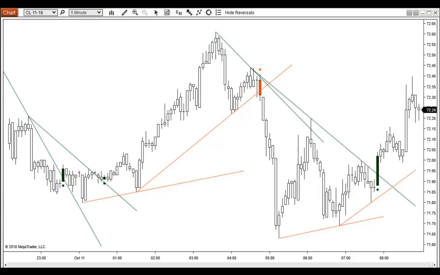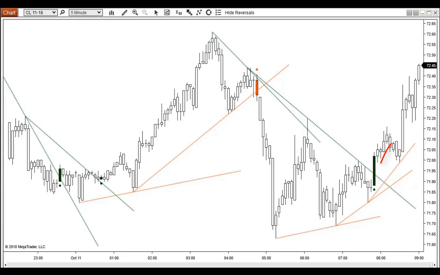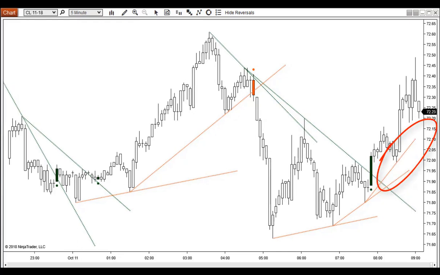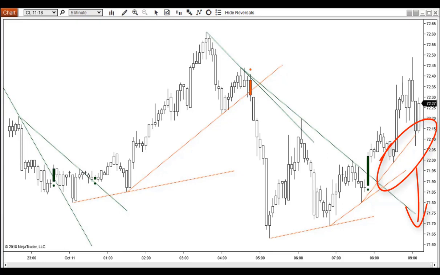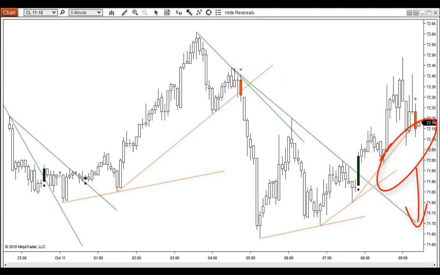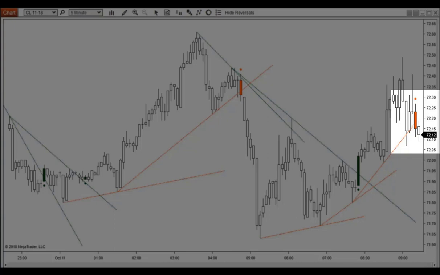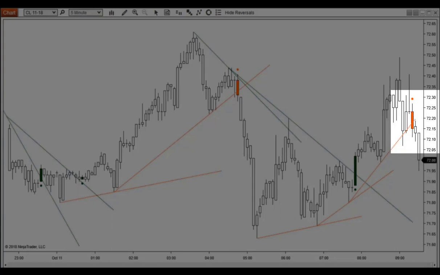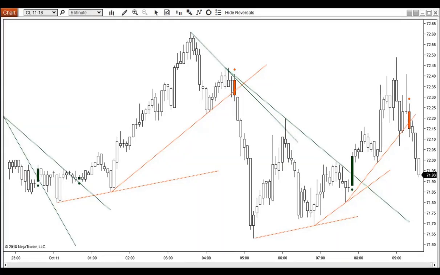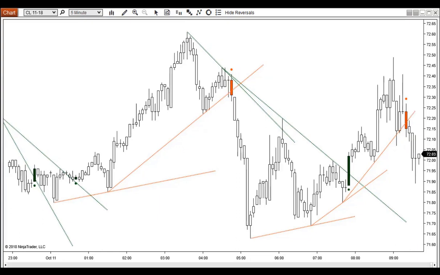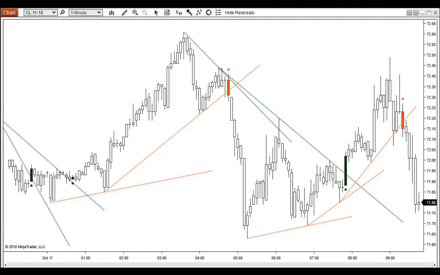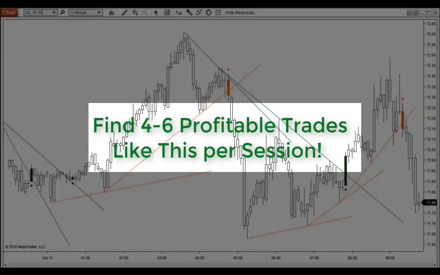Eastern time. And again, when we're breaking the low line here, we're looking for a short signal to make our early entry. And here it is. Entry would be here around 72.15. And we get a pretty quick sell-off right away from the open. This is good for another quick 25 tick profit. So you too will now be able to enter early and potentially take 4 to 6 trades like this per